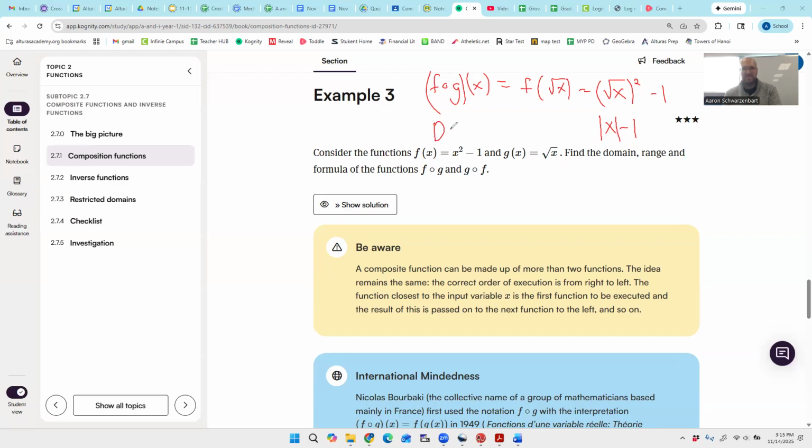The domain of this function, I have to use this unsimplified version. So I've got the square root, and that means it has to be 0 to infinity. The range, that's going to keep growing. If I plug in 0, I get a minimum of negative 1, and this will grow to infinity. And it also asks me this time for g of f of x,